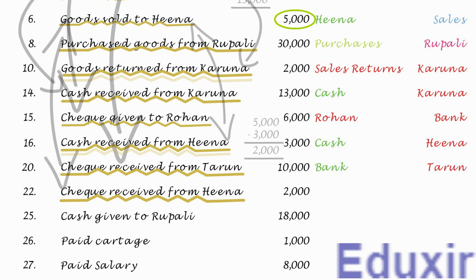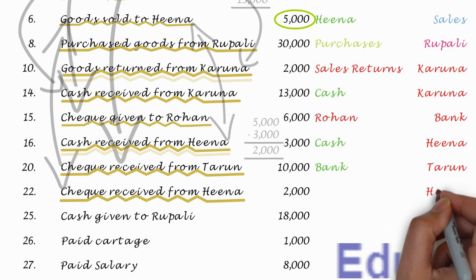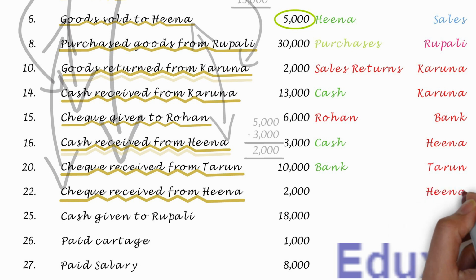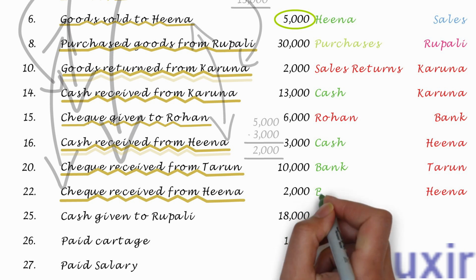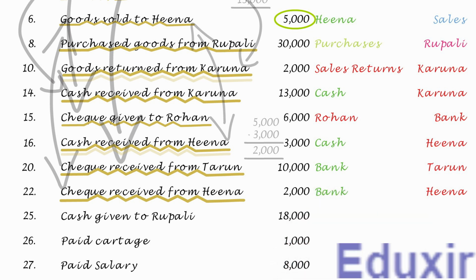The rule to record a decrease in the asset is to credit the corresponding assets account. In this case, the debtor Hina account should be credited. At the same time, as the payment is received from the debtor in the form of check, the bank asset of the business will be increased. The rule to record an increase in the asset is to debit the corresponding assets account. In this case, the bank account should be debited. With this analysis, let us now proceed with the generalizing of this transaction.